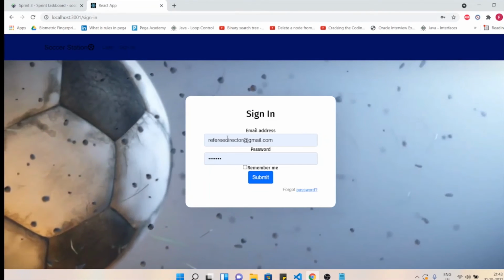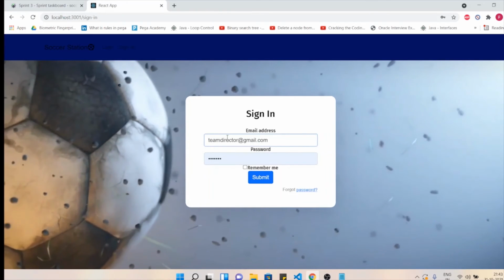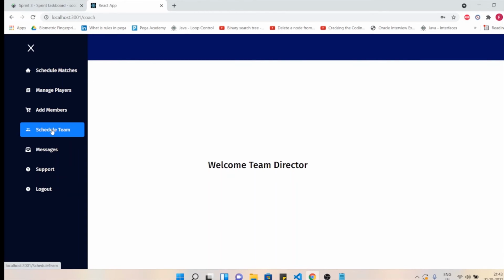If you log into the team director, you'll see that all his tasks come on the left: schedule matches, managing players, adding members, scheduling team, messages, support, and logging out. So that's team director.